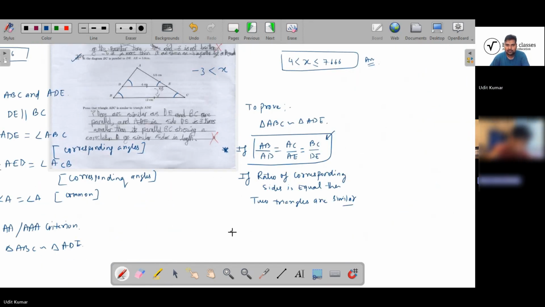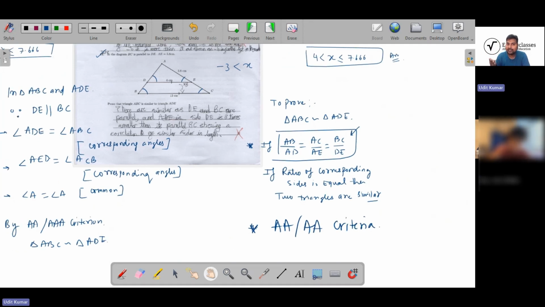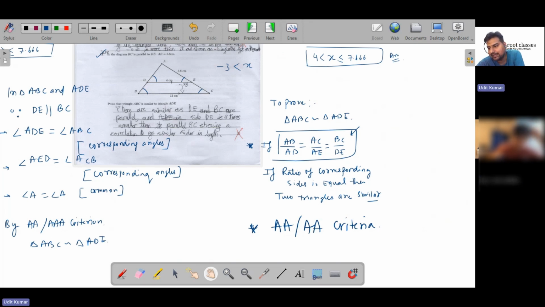Did I get it wrong because I specifically said DE is smaller than BC when I should have said the whole triangle is 3 times smaller? Even if you say the whole triangle is, you have to prove it. Why is it 3 times smaller? Because 4 times 3 is 12. Yes, but how would you show that AE is 1/3 of AC? How will you show that AD is 1/3 of AB? I don't know. Yeah, so that is why I'm using the angle, angle, angle criteria.